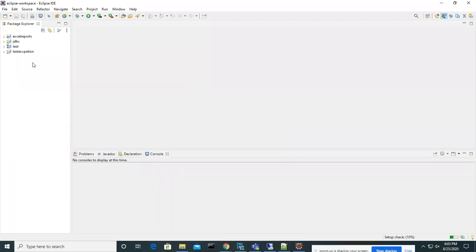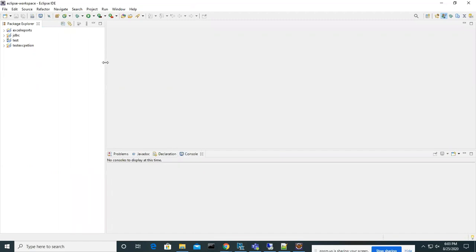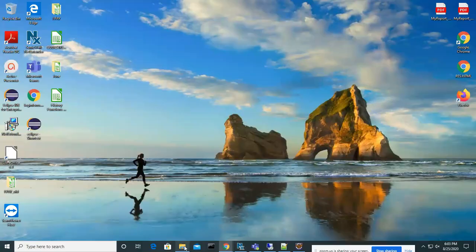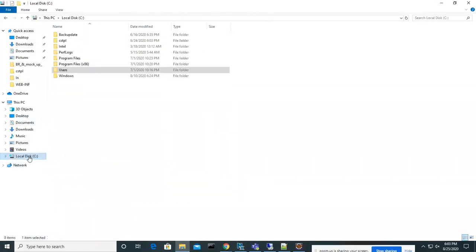I just open Eclipse to create it. But before using Eclipse, let's implement it in a manual process so that you can understand it easily.